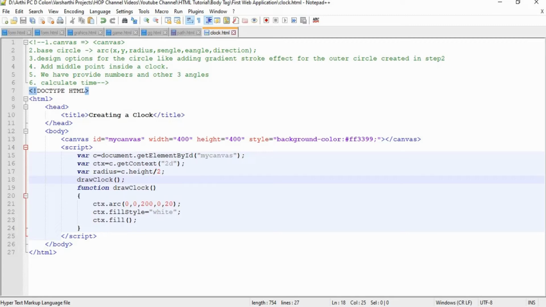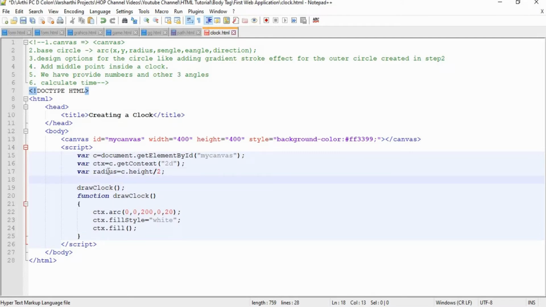Hence we have to translate the circle to some other location, which is the middle of your canvas, right? To do so, we can translate our circle with the help of radius. So ctx.translate. This translate function moves a particular element from one position to another, right?